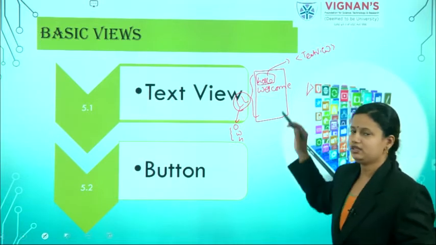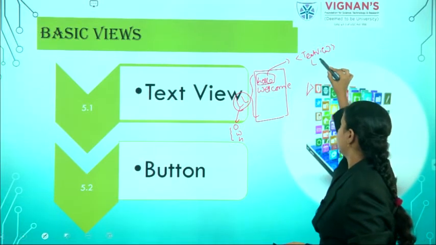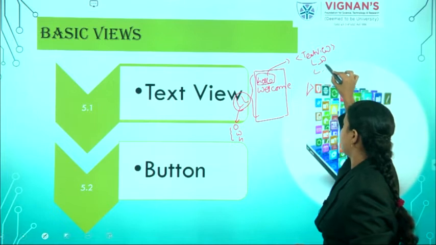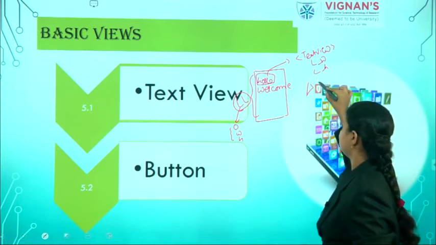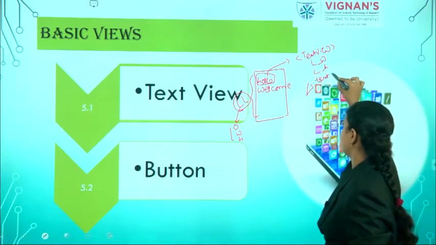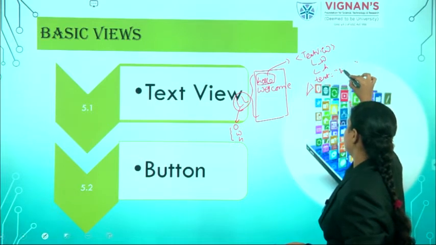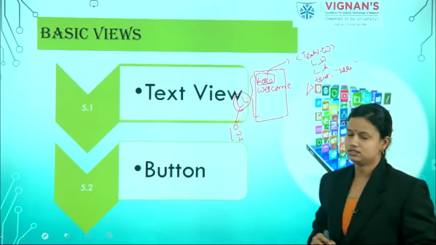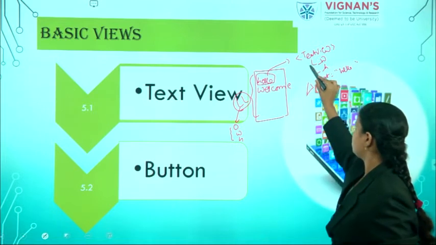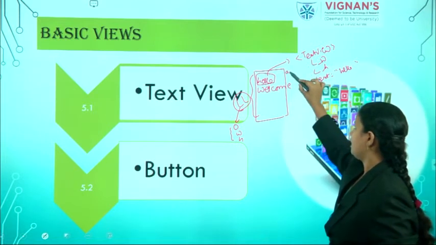Within this text view, you have to specify the width and height of the text view, along with the text property to display a message. In this text property, you have to mention hello. All these properties start with android.